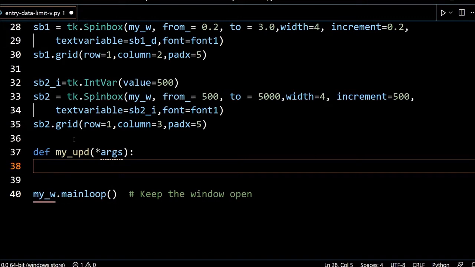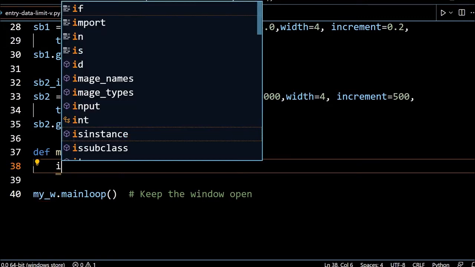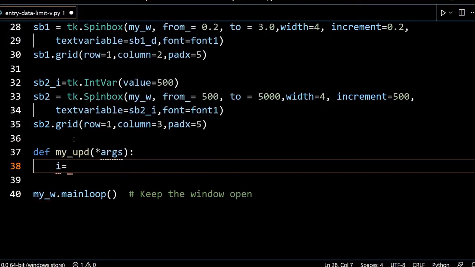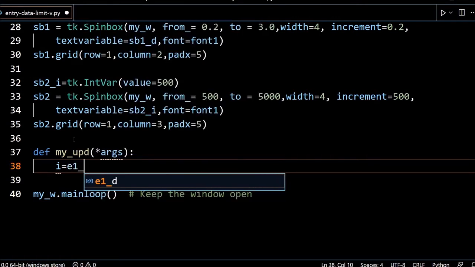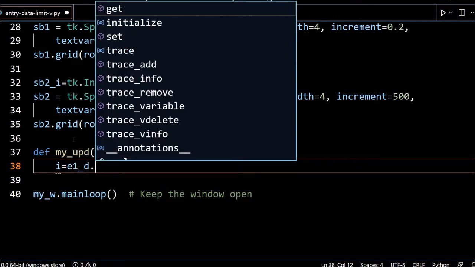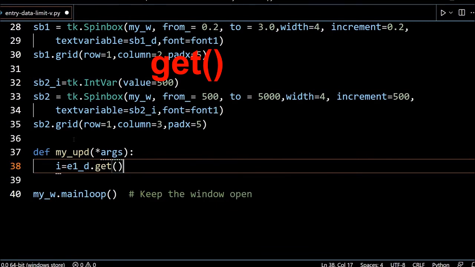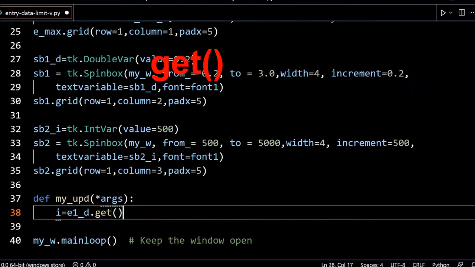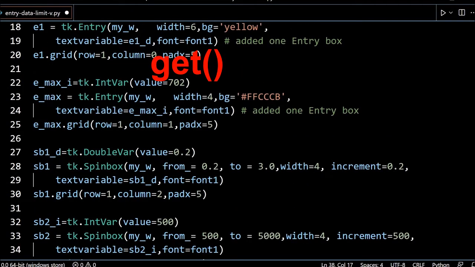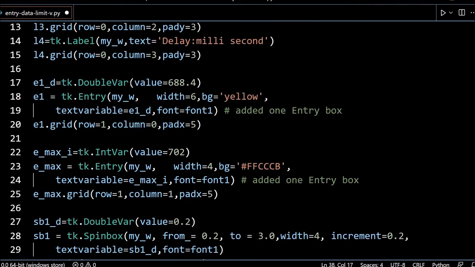Inside the function I am writing one variable, i equal to e1_d dot get. What is e1d dot get? You can see at the top we have declared it as a double variable.